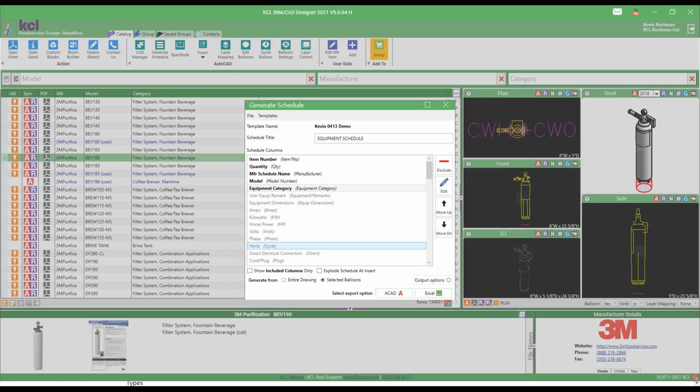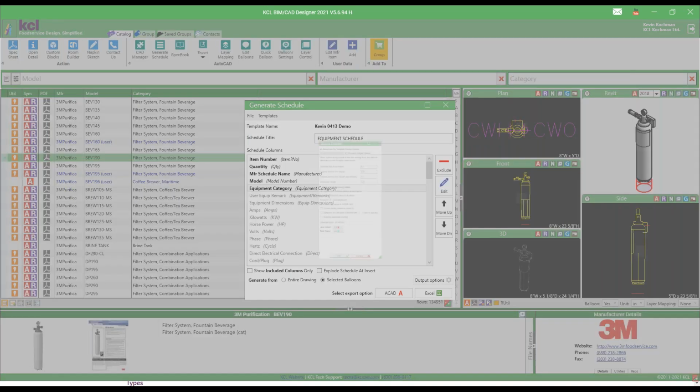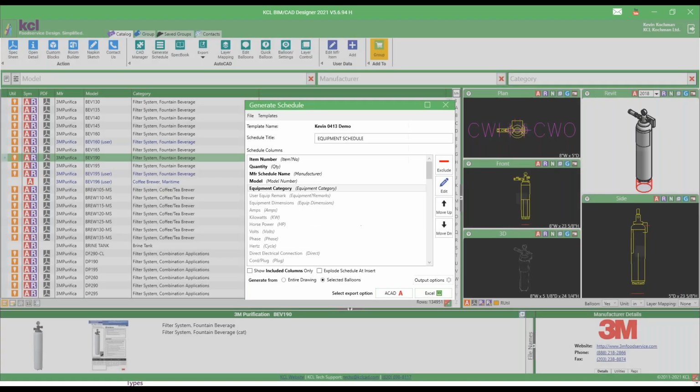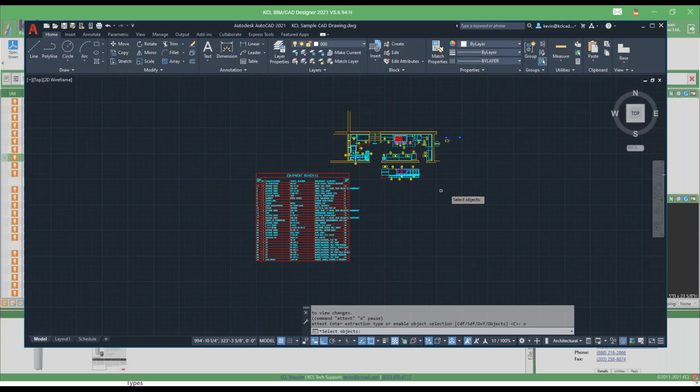I noticed when I ran the schedule, there's other special options under output options. I had a repeat item number at the end of the row checked. You can put values to uppercase. You can change colors for the lines or text. So I'm going to turn off repeat item number, hit OK, output to AutoCAD again, select the items,